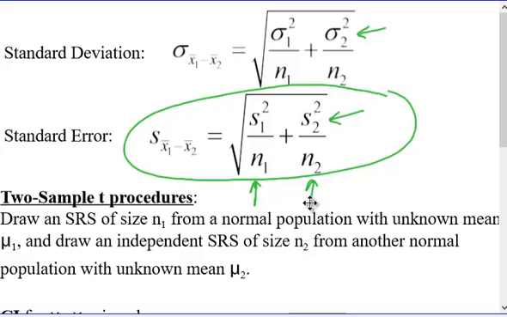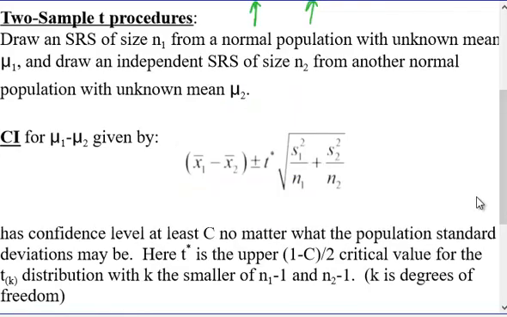So now we'll take a look at the two sample T procedures. We'll look at confidence intervals, and we will look at the hypothesis testing. So if we have two sample T procedures, and we're taking two simple random samples, one of size N1 from a normal population with unknown mean, and another independent simple random sample of size N2 from another normal population of unknown mean, then your confidence interval